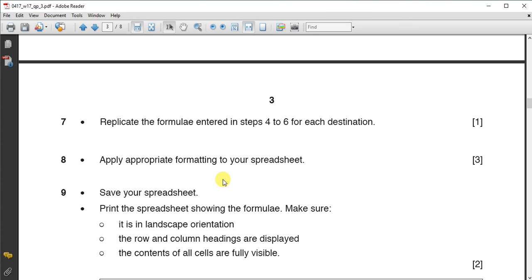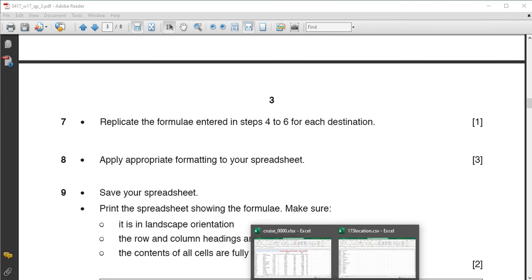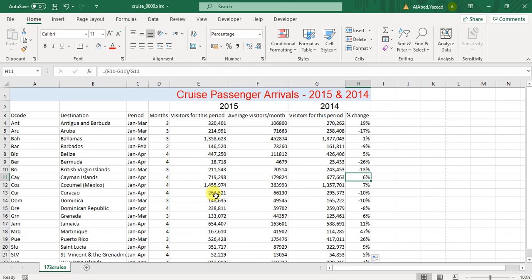Replicate the formulas. We have done replication and apply appropriate formatting to your spreadsheet. Now we have done the formatting. Visitors, I have no money currency here. We have no costs, just only numbers. And the change is done in the percentage as they asked me. So nothing to do. Save your spreadsheet